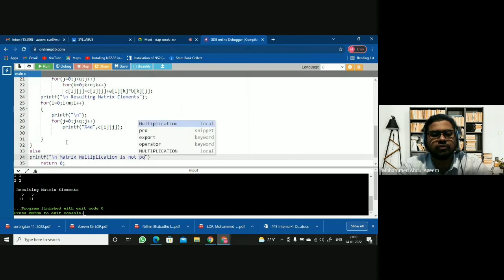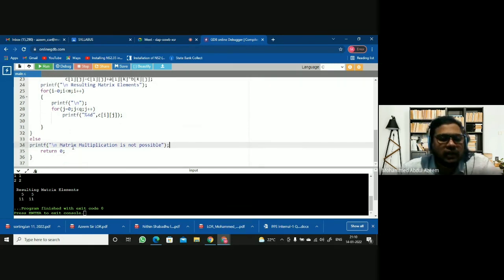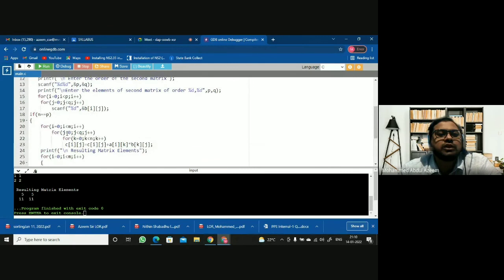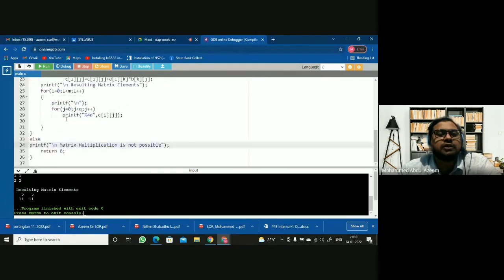Let us try with this. So when the number of columns of the first matrix is not equal with the number of rows of the second matrix, then it comes to the else part and says that matrix multiplication is not possible. If it is true, then it performs the matrix multiplication and then it prints the result. Okay, we will execute this and give certain values of unsuccessful one and then see.